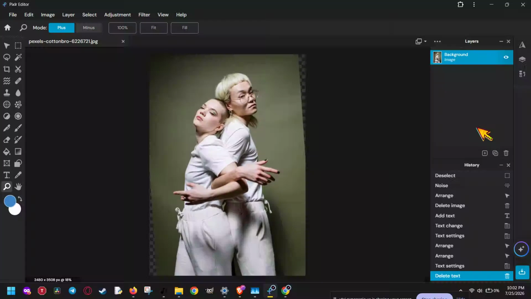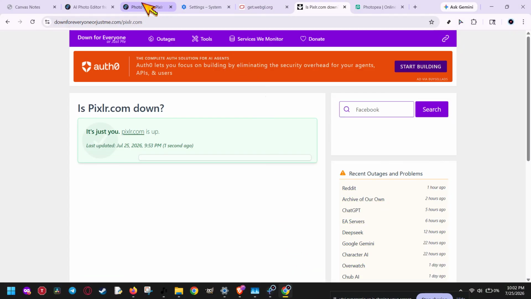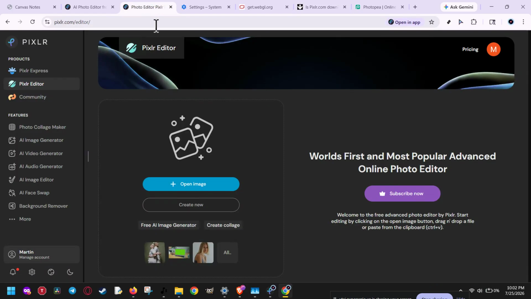If you're seeing a Pixlr 504 error, don't panic. In this video, I'm going to walk you through the fastest way to figure out whether the problem is on Pixlr's side or on your device, and then I'll show you the exact fixes that can get you back in quickly. This is especially useful if Pixlr won't load, keeps timing out, or throws a gateway error when you try